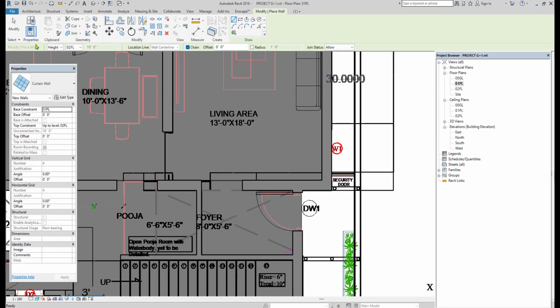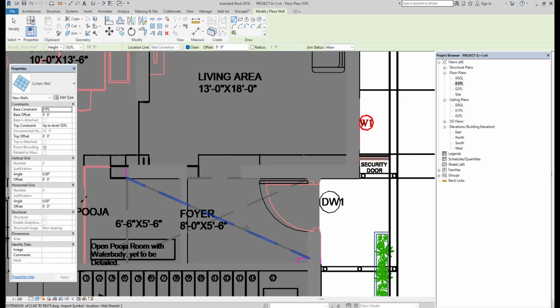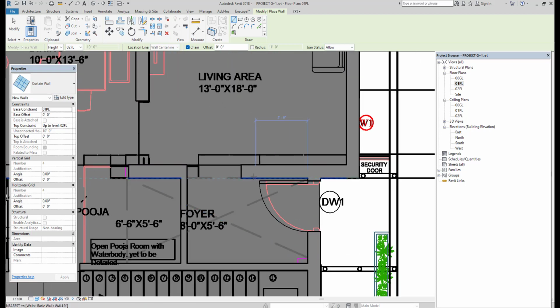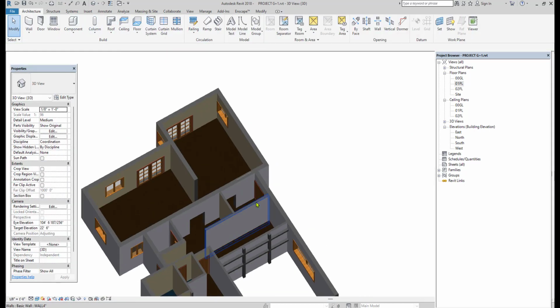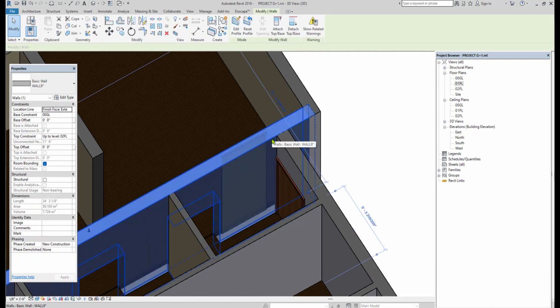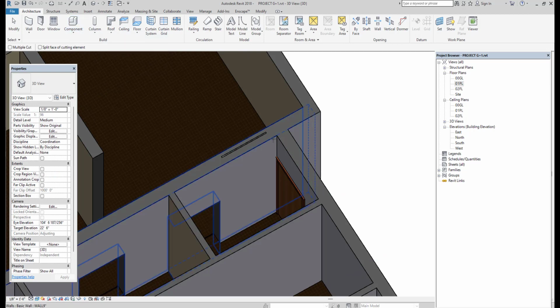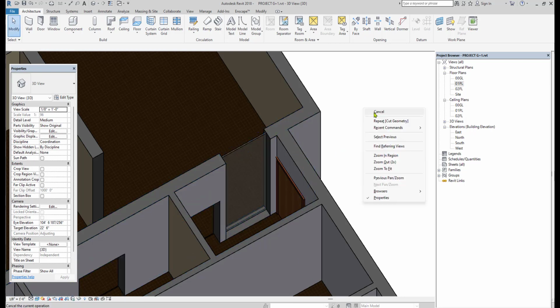This curtain wall we can use for the interior partition wall. For that I am selecting the simple curtain wall. Between the foyer and then living area, I just draw the simple curtain wall like this. Go to the 3D mode to make it visible. So already I told you we have to cut it. Select the main wall and then take the cut geometry option. Follow the A-B rule, that is basic wall is your A and then B is your curtain wall.